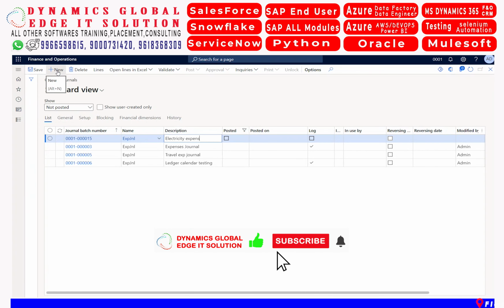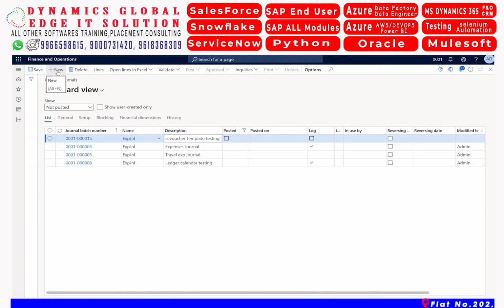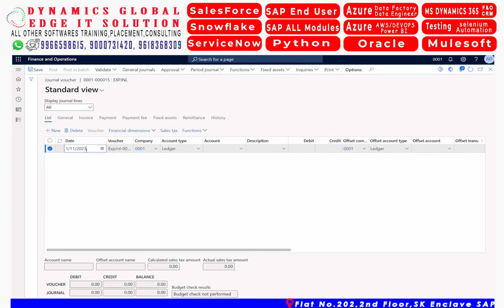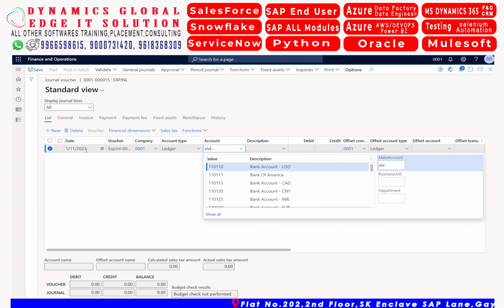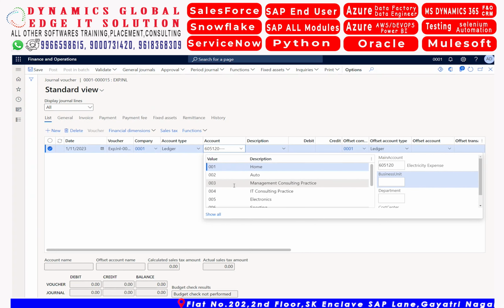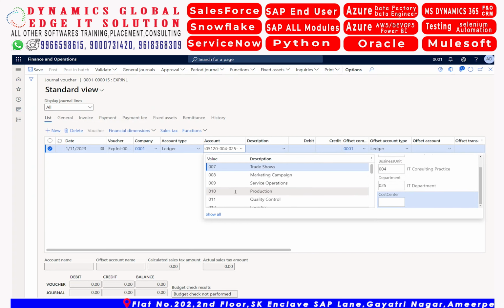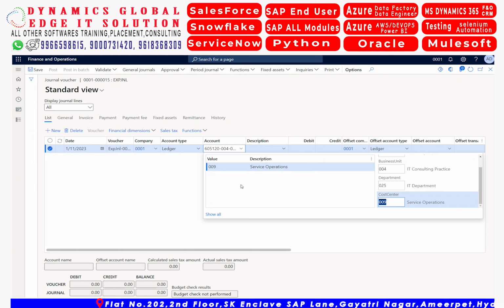Electricity expenses template testing. Okay, and click on Lines. Once you go to Lines, from here you can find the ledger account called electricity expenditure. Simply select electricity expenditure. I am posting for IT consulting, IT department, and service operation, which is really